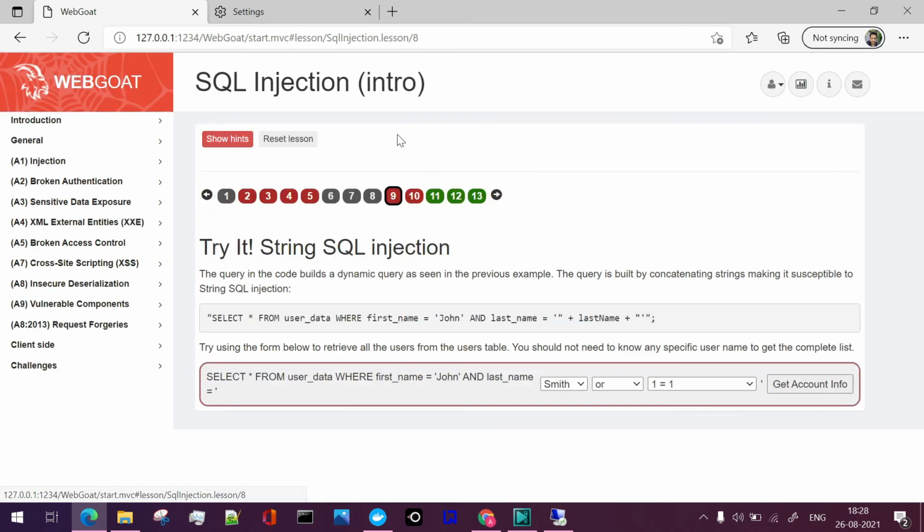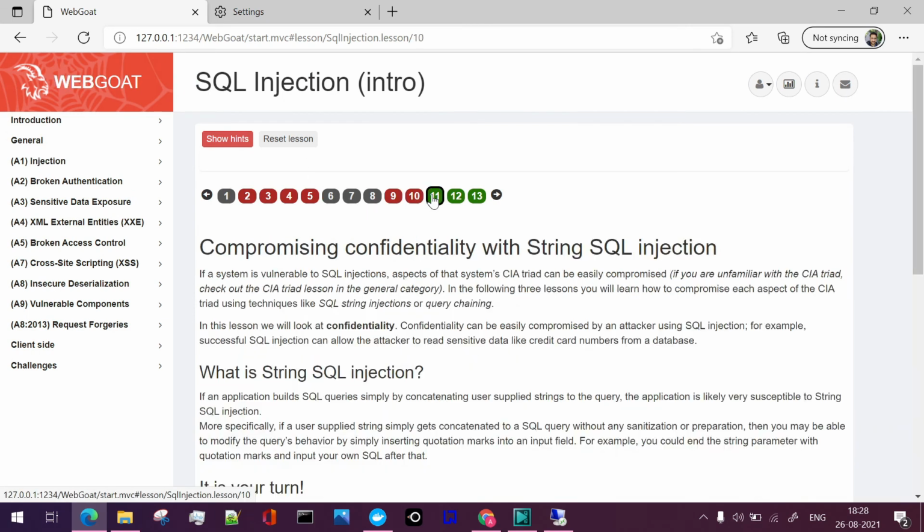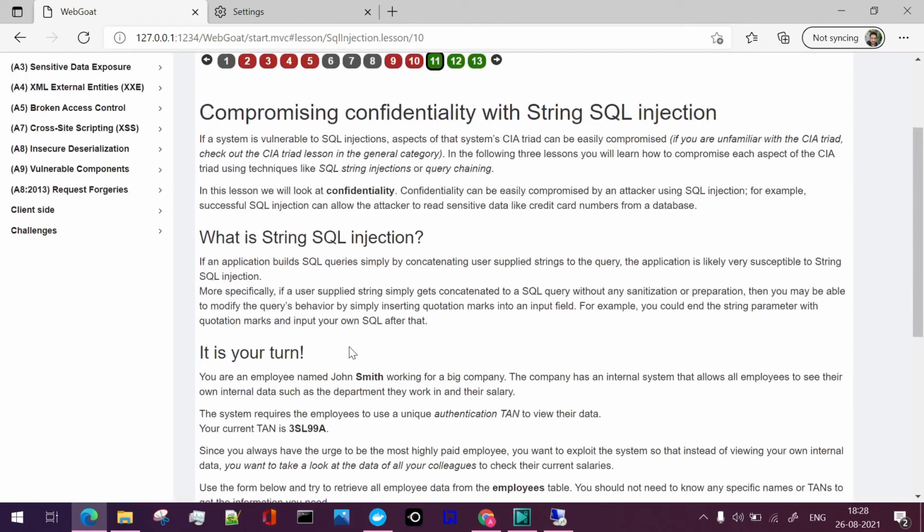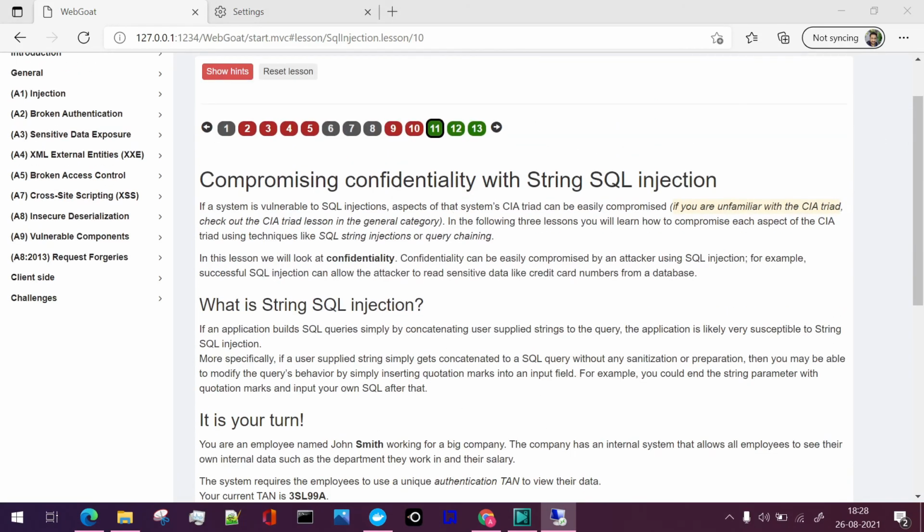Let me show you the section where it is clearly asking us to read about the CIA triad. If you are unfamiliar with the CIA triad, you have to check this topic too. It is a very interesting topic, that is confidentiality, integrity, and availability.